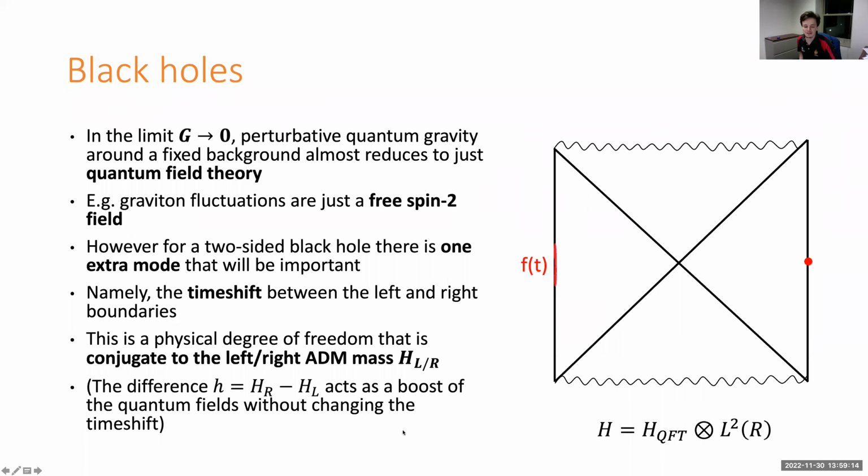Okay. So our full Hilbert space then is the QFT Hilbert space tensor this extra L2 of R degree of freedom that describes this time shift mode. We can always choose a gauge where we think of the right boundary time as being fixed, so that t equals 0 on the right boundary is always in the middle here, and it's just the left boundary time that fluctuates. Then we have some wave function f of t that describes the left boundary t equals 0 point and how it fluctuates in this fixed geometry. Okay, that's the time shift mode.